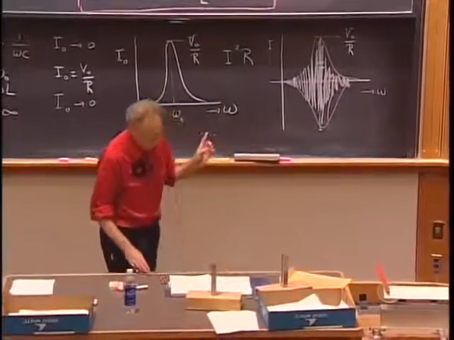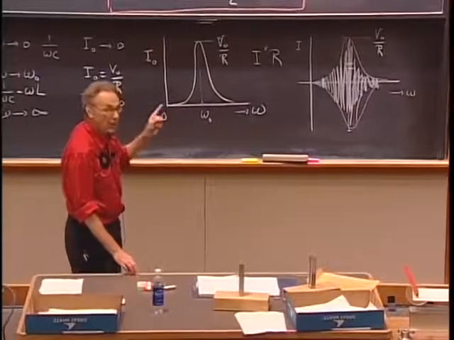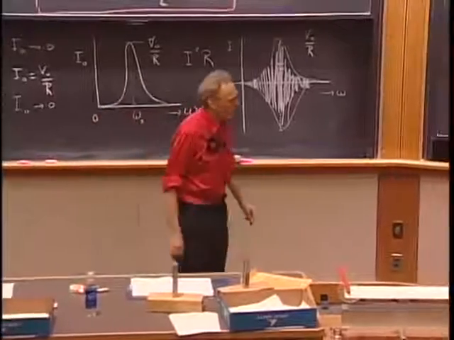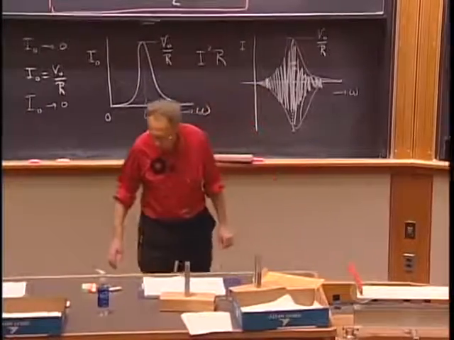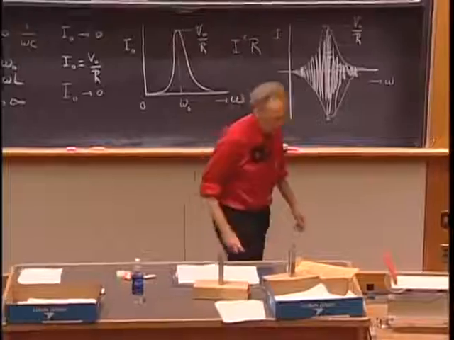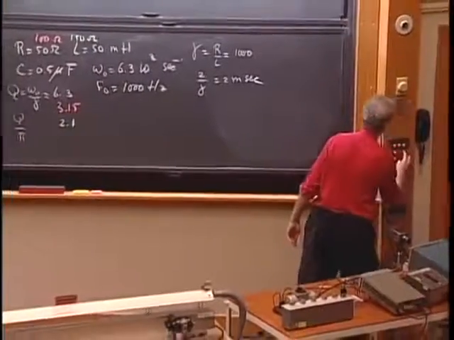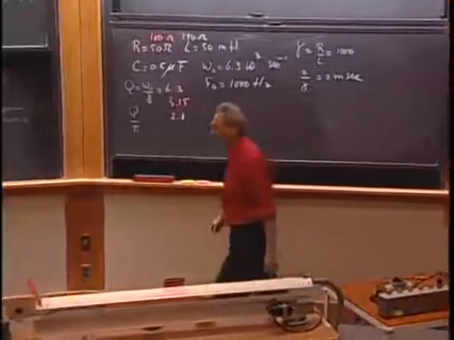Again, this is not power. Power is I squared times R. This is simply the current. All right, I will give you the correct light setting because we have to make it a little darker. And then, there it is. So notice the vertical oscillations go so fast that your eyes cannot even follow them,